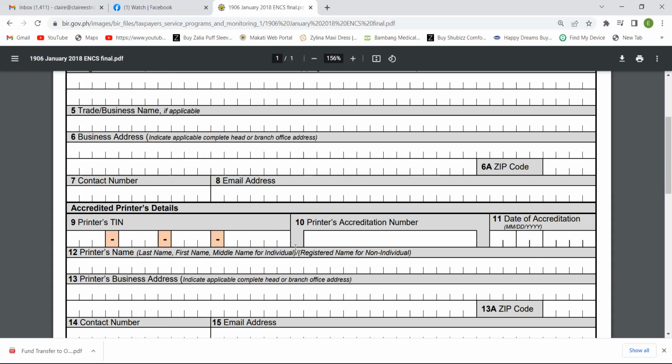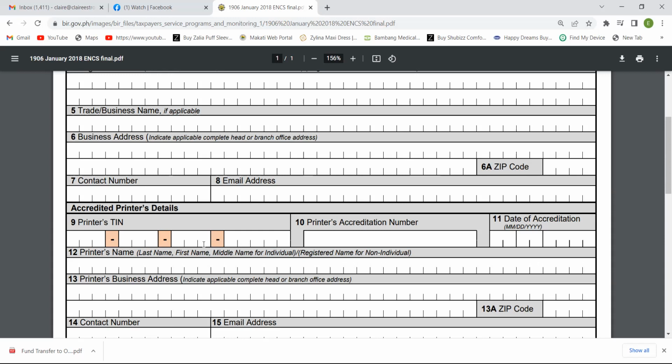But usually what happens at the RDO is that the person in charge at the ATP counter would already have a contact person, an accredited printer by the BIR, and then they would give you a pre-filled out form. So I think that's a better way of doing it,